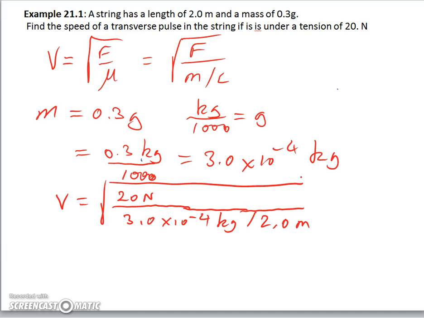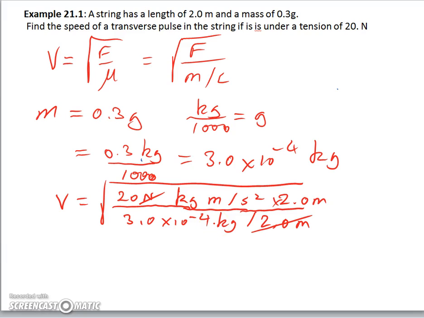Okay, so I want to keep the units nicely here, so I'm going to remember that a newton is actually also equivalent to a kilogram meter per second squared. The divide by 2 meters can be taken to the top as a multiplication in the fraction,